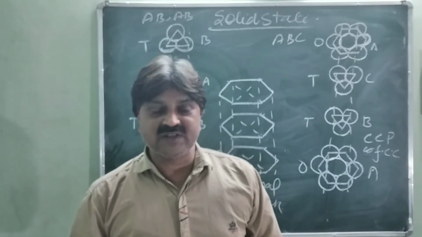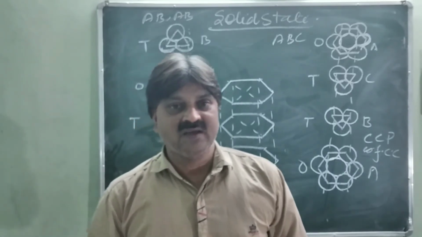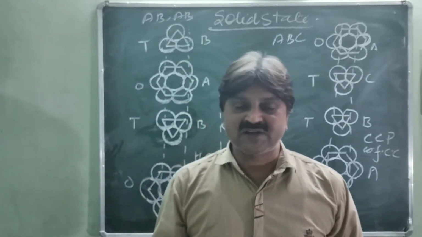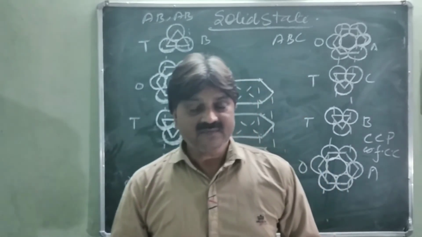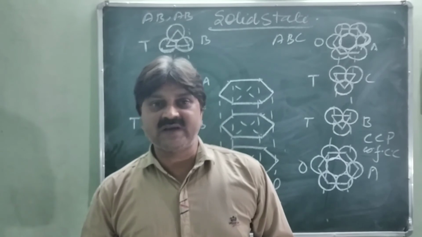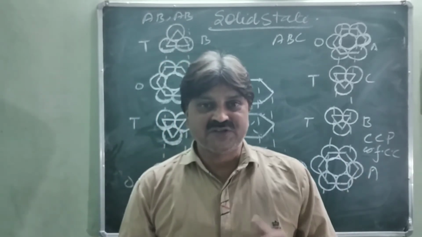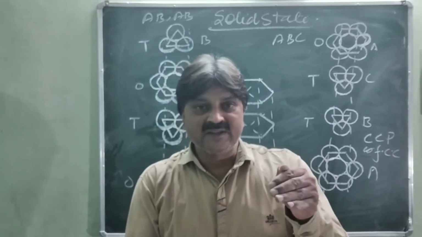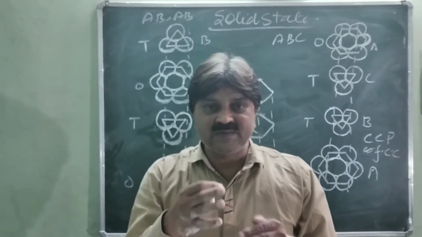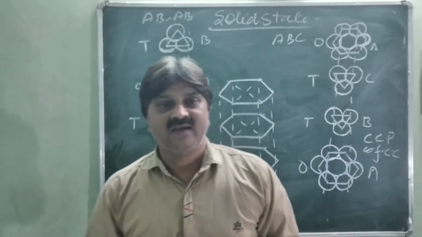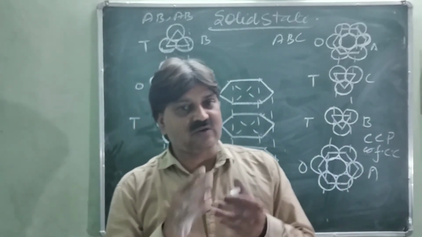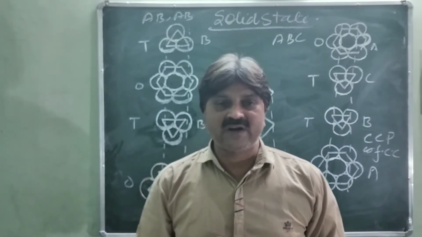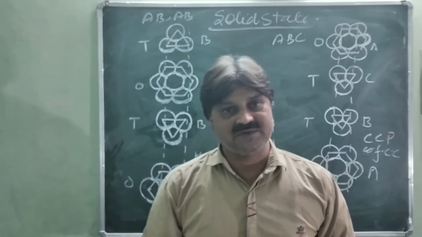In 2 dimensions, there are 2 types of arrangement. This is the 2 dimensional square close pack structure and the 2 dimensional hexagonal close pack structure. In the 2 dimensional square close pack structure, the same element is placed one atom over the other in the vertical as well as the horizontal column, forming the square close pack structure. 4 atoms touch a particular atom, and the coordination number is 4.